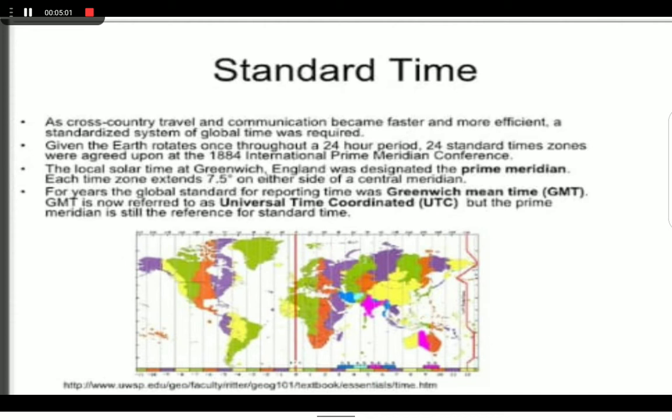Standard time. The local time of places on different meridians are different. Therefore, it will be difficult to prepare a timetable for trains which cross several longitudes. For example, there will be a difference of about 1 hour 45 minutes in the local time of Dwarka, in Gujarat, and Dibrugarh in Assam. Therefore, it is necessary to adopt the local time of some central meridian of a country as the standard time for the country.